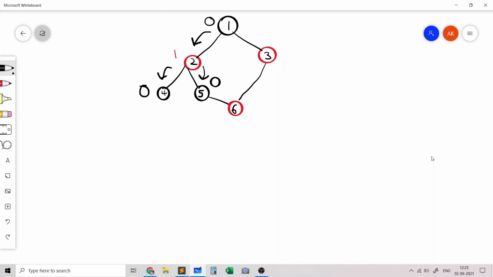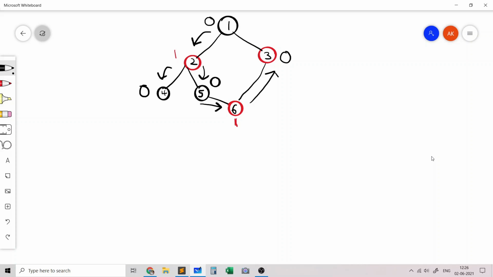And from 5 we immediately go to 6 because that's the next unvisited neighbor, and 6 gets assigned the color of 1. And from 6 we go to 3 because we basically have an undirected graph and the edges keep going in the order in which they are there, because 6 has 3 as an adjacent neighbor, so 3 gets assigned the color of 0. But what happens is that when we go back to node 1 after we have basically visited 3, we realize that both 3 and 1 have the same color.